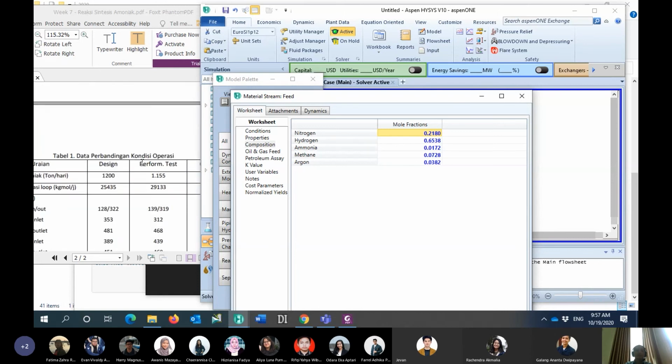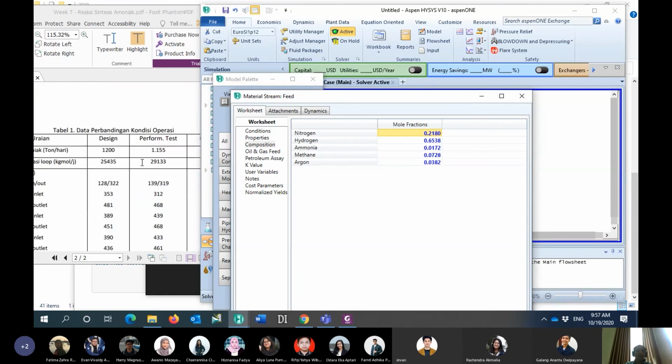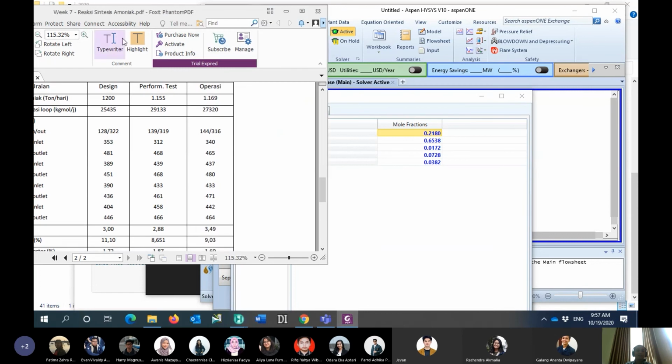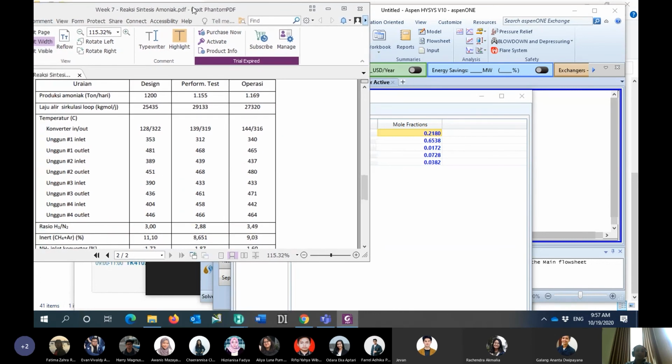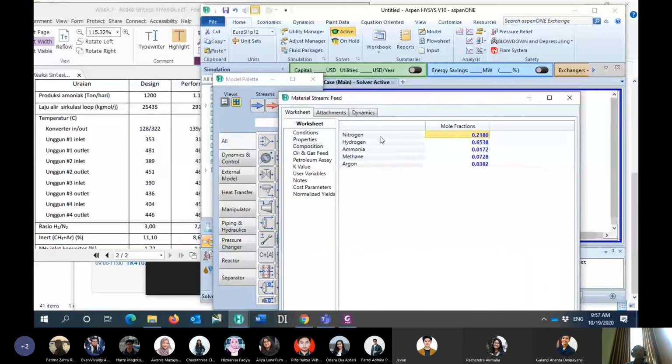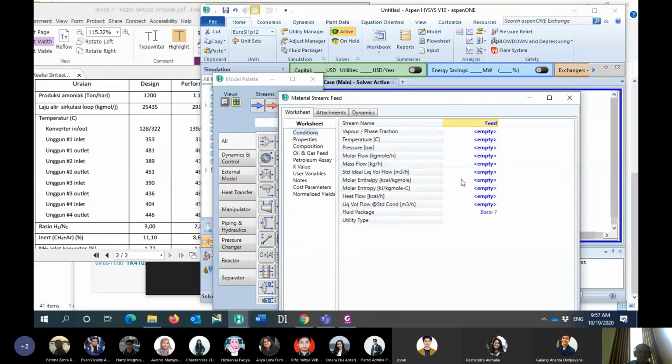And then for the definition of the condition, I will go to table number 1. For the condition, the circulation rate or the inlet will be around 25,435 kilomole per hour.